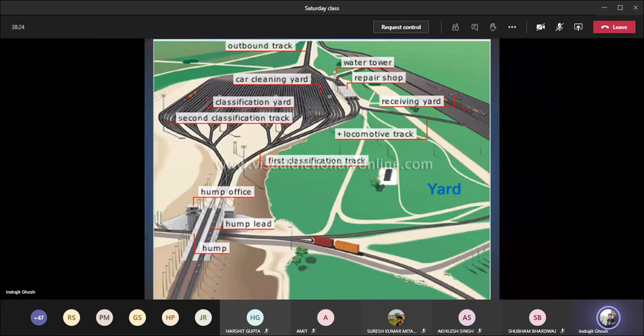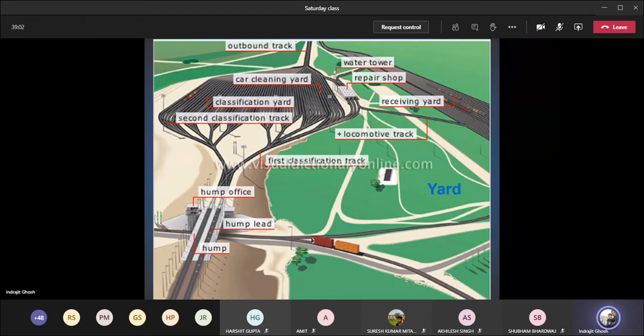Now this is a photo of a yard. Yard, siding, and station are different. They have different meanings in terms of the scientific terminology. So what does it mean by station? First of all, when we talked about the two different modes of land transportation, we have seen that one column was related to rail, the other to road, and we said that there are more resistances in case of road, there are flexibility, right of way, and so on.